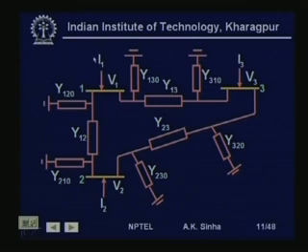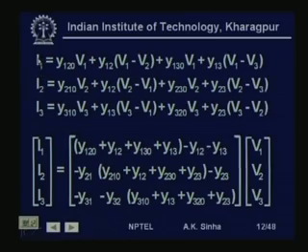So, we have a current injection I 1, we have a current injection I 2 here, and a current injection I 3 here. Now, we can write down the relationship for the current injections in terms of voltages at the various nodes or the bus bars. So, we can simply write, using Kirchhoff's law, the relationship as this: I is equal to Y into V,